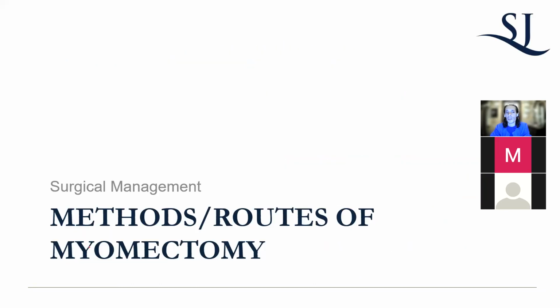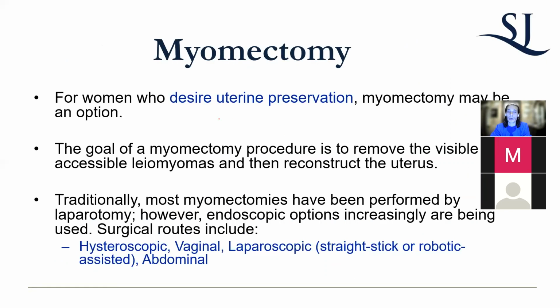Now, if we're talking about myomectomy, which means you're removing the fibroids while preserving the corpus itself. This is the main technique used for those who desire uterine preservation. Okay, generally it's not a preferred treatment for someone who's postmenopausal and can't have children, but women don't necessarily want their uterus removed. Okay, so there's a couple of different ways you can do it, and it really depends on where the fibroids are. It always comes back to that.